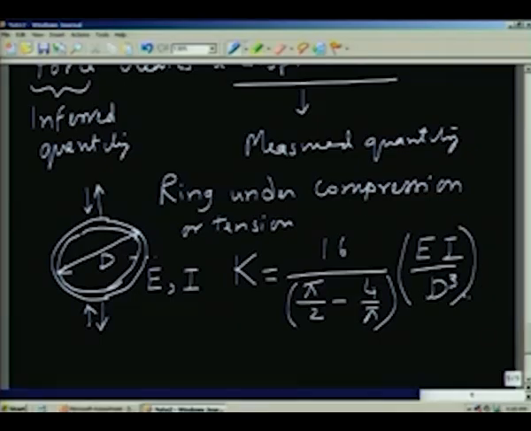So, what is common in all the 3 cases we have considered now, 3 or 4 cases? The commonality is that force is converted to a displacement and the displacement is measured, and from this you work backwards, knowing the spring constant of the particular system, either a regular spring or one of the structural members, we can find out what the force is.